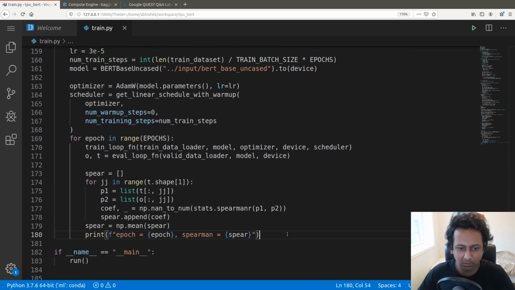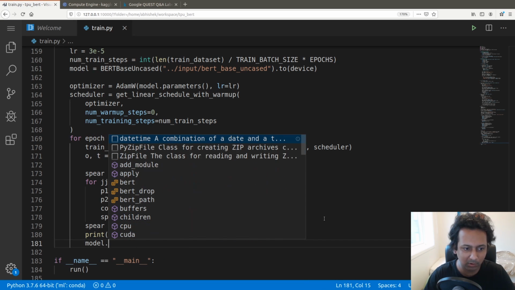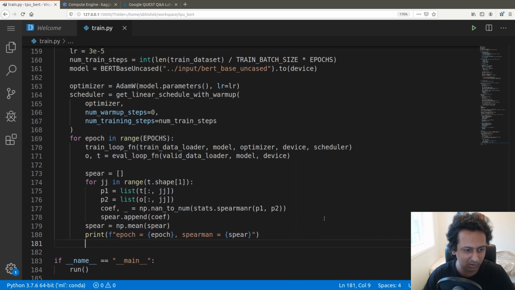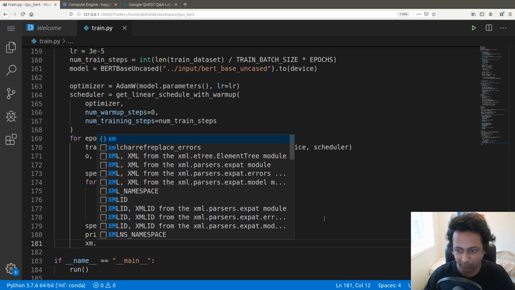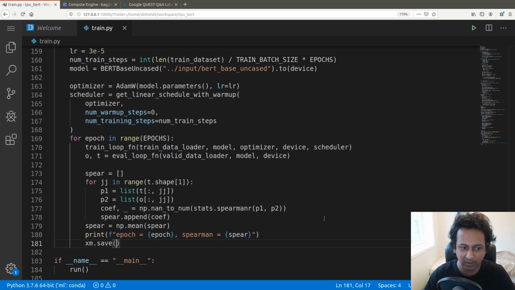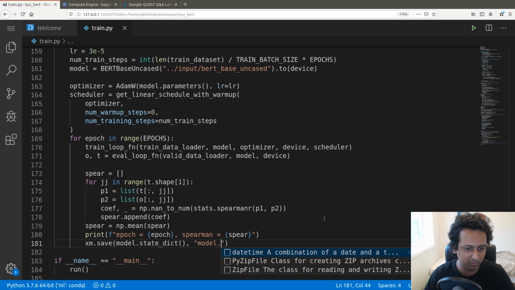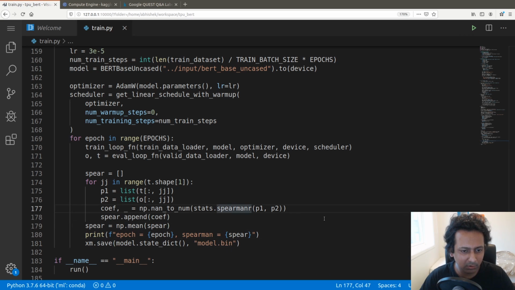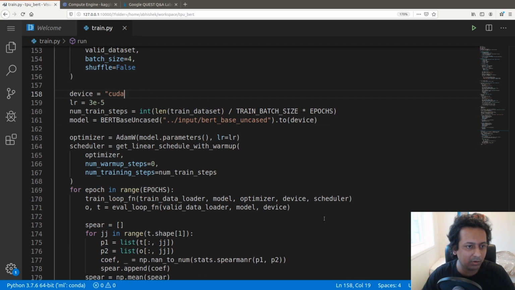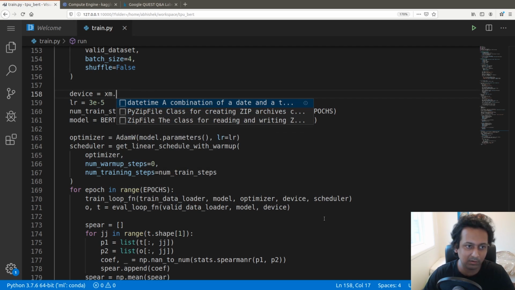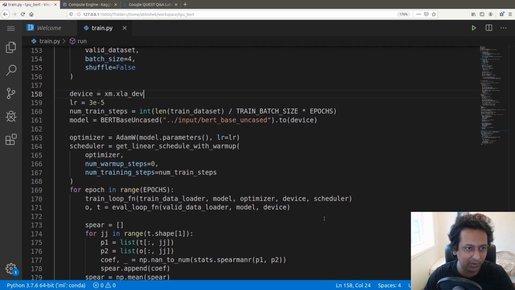you cannot do model.save, or sorry, torch.save model state dict. So instead of that, you have to do xm.save, then model.state_dict, and model name model.bin. So it's going to convert to CPU GPU compatible. Otherwise you will have a lot of problems. I faced a lot of problems in recent days because of that. And you need to change the device. So device is xm.xla_device, and